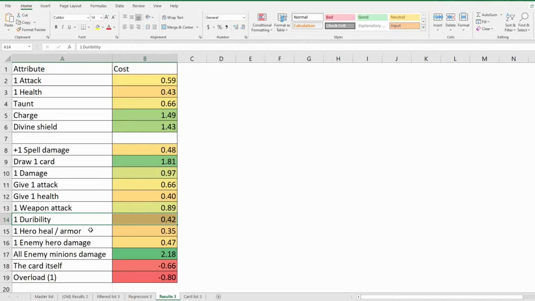Next up, we have 1 point of healing or armor, and this is specifically just healing or armor that is specifically for your hero. And that ended up costing just about 1/3 of a mana, which is actually really cheap. If you compare it to a point of damage, it's almost 1/3 the cost of a point of damage for a point of healing for your hero. Which makes sense because healing your hero is generally pretty inflexible and it doesn't help you get tempo on the board. But I was just surprised by how much cheaper this was than any of these other things in the classic